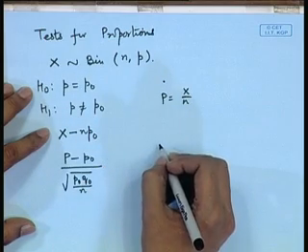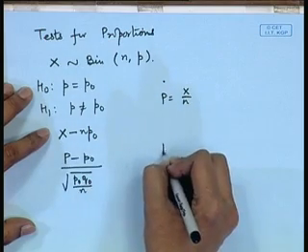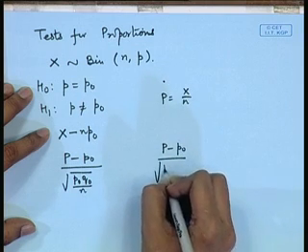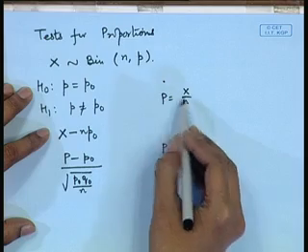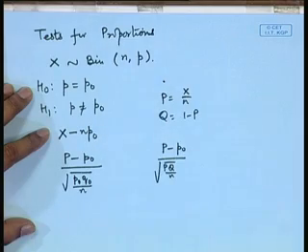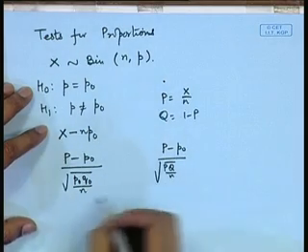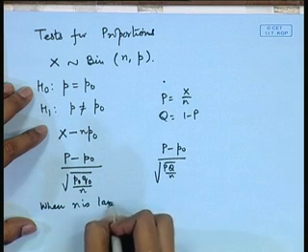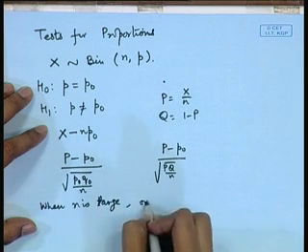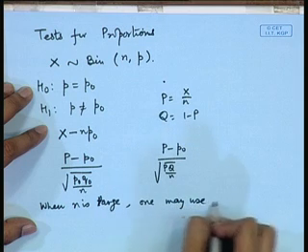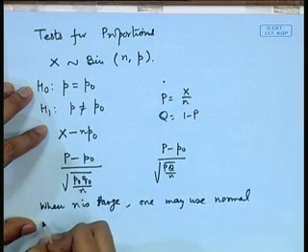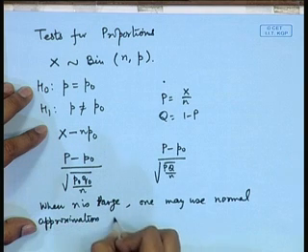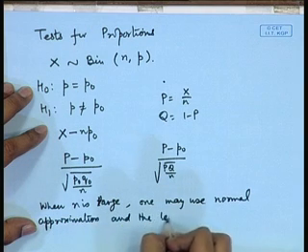On the other hand, one may use here the estimates also, p hat minus p naught divided by root p hat q hat by n, where p hat is this and q hat is 1 minus p hat. So, one may use either of these, and when n is large, one may use normal approximations, and the test is